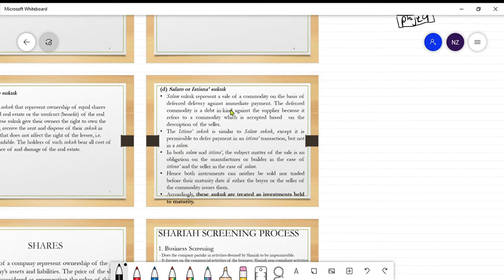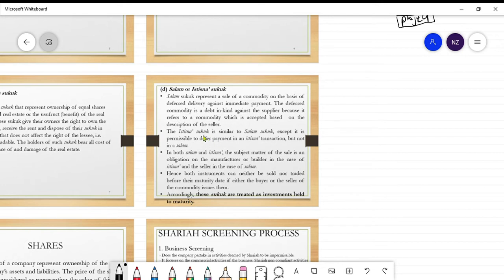Kalau salam, kita kena buat immediate payment sebab barang dah ready, cuma barang tu tak sampai. Macam kita beli barang daripada China, kita bayar dulu that barang, but because of the shipping ke somehow kan, barang tu deferred. So itu boleh dikategorikan contoh salam lah. Untuk istisna, contoh macam kita kena manufacture that goods, contoh kita kena manufacture a house. So selagi rumah tu tak siap, selagi tu kita tak buat like full payment of that contract, right?